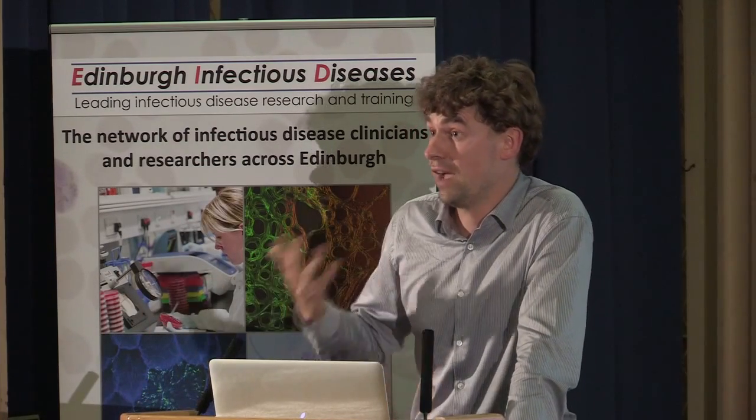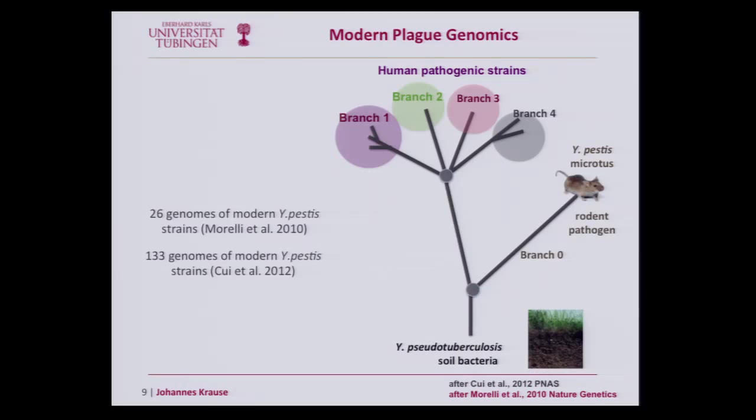If we then take whole genome sequences of Yersinia pestis from bacteria that we find in the world today, because we still find it in China, in Madagascar, even in the United States, we have Yersinia pestis today in rodent populations. We have about 150 that have been decoded so far, and built a phylogenetic tree, so basically a family tree of the disease. The family tree looks like that. You have 4 major branches